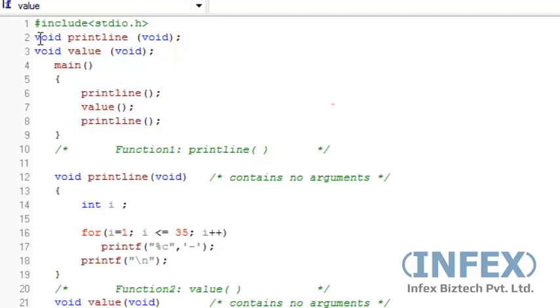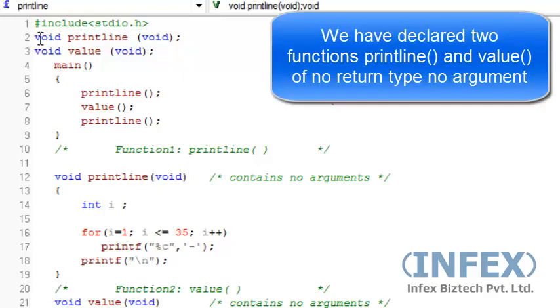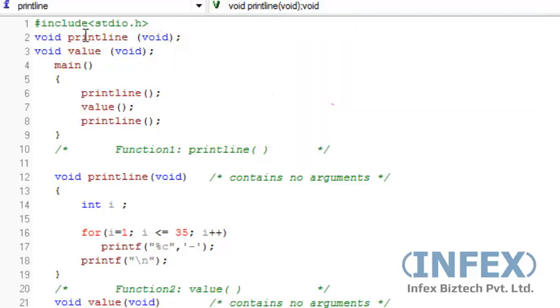At the beginning we have declared two functions which have no return type and no arguments, meaning they have void type. One function is printline and the second is value.